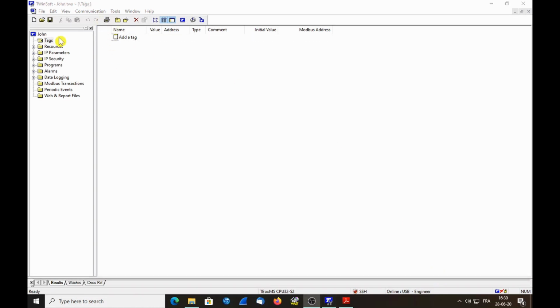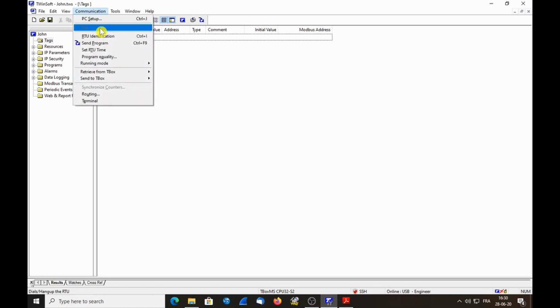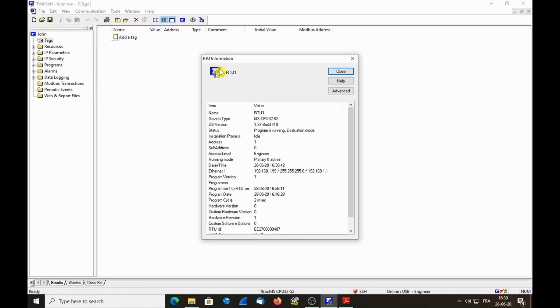Let's take a look at the communication menu again. So we see now we have access to many more sub-menus, and one of them is RTU identification. In this menu we see data inside the TBox. So we see its name, which model of TBox we are connected to, and which firmware is running inside. Yet we see the status of the program, and we see interesting information that it runs in evaluation